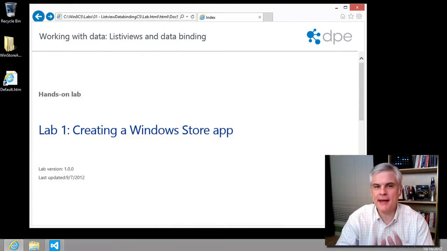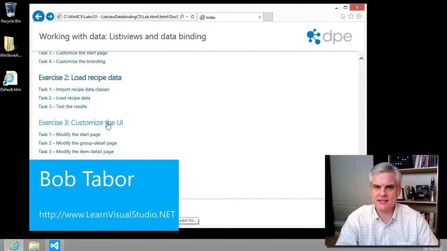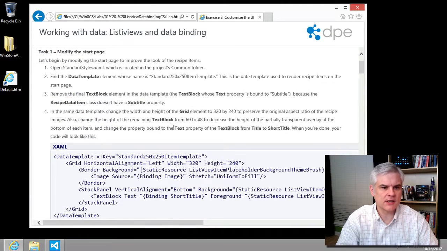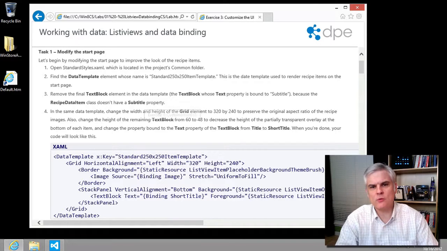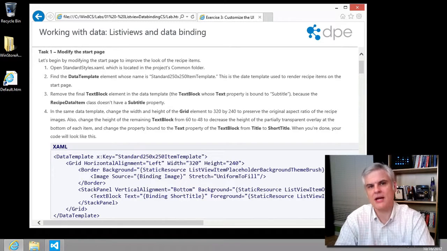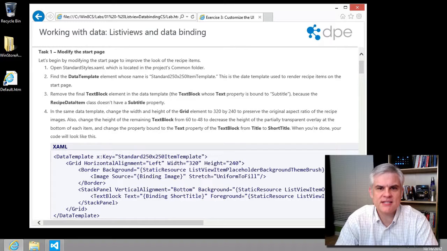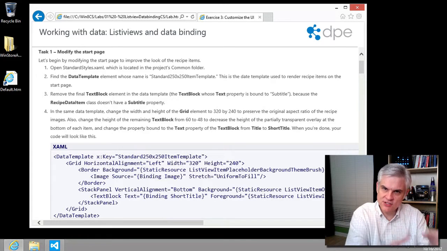In this lesson, we're back in lab number 1, exercise number 3, customize the UI, and we'll start with task number 1, modify the start page. In task number 1, we're asked to make some changes to the user interface by modifying the standard 250 by 250 item template that is defined in the standard styles.xaml in the common folder of our project. And that should affect how the recipe data items are displayed in the grouped items page, the start page for